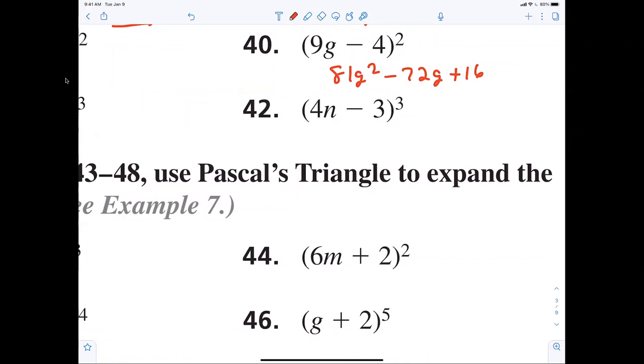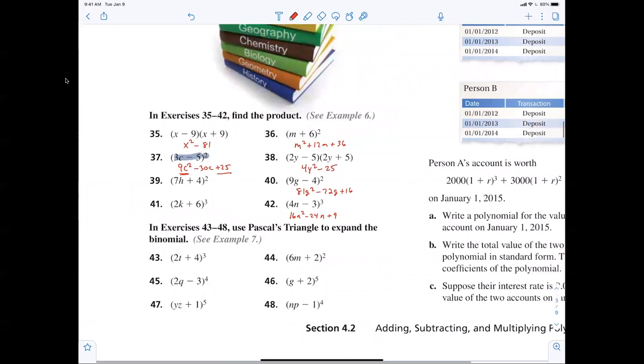First it's going to be 16n squared minus 24n plus 9. Beautiful. Then you times that by 4n. Yep. Times 4n minus 3. And so